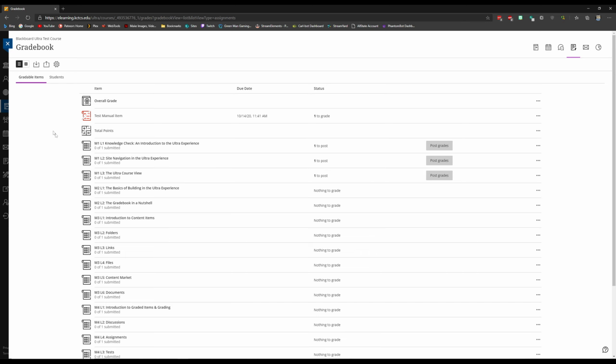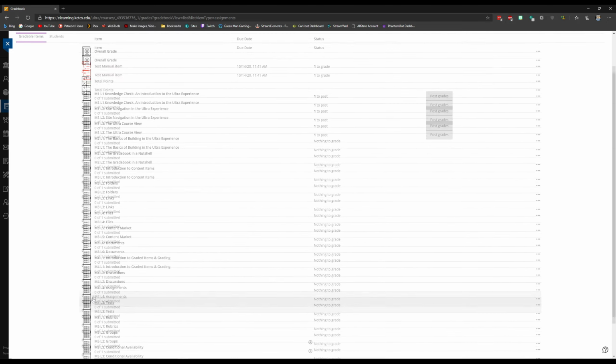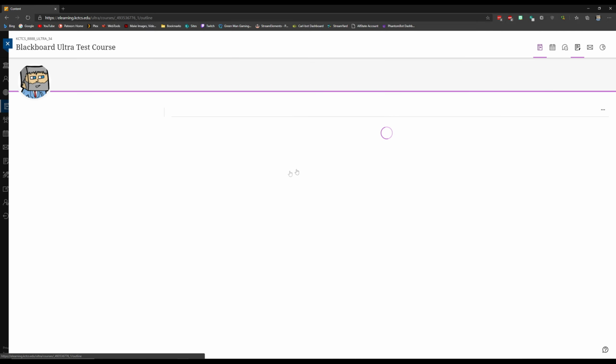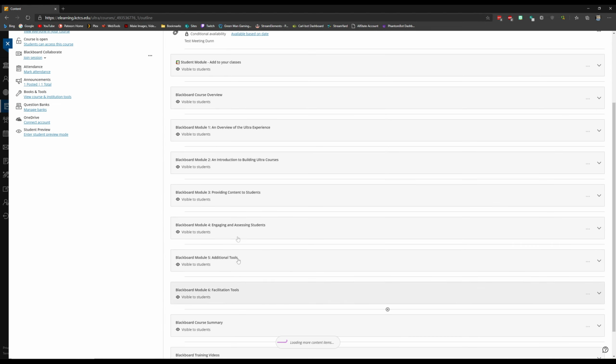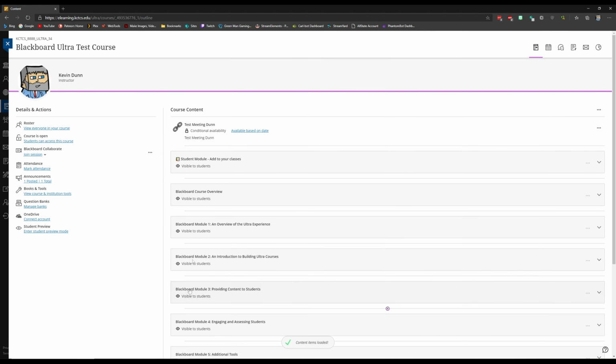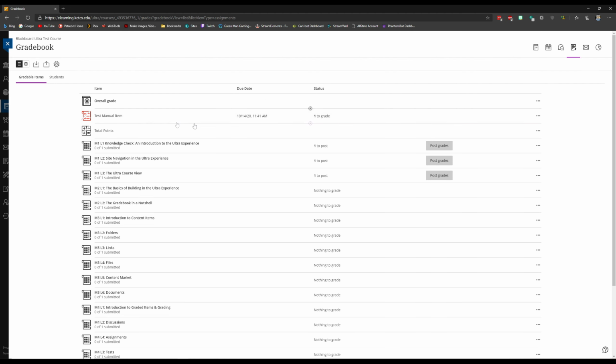One other thing you need to do is add items to the gradebook manually. So these are all automatic assignments that are all attached to the content area. Every one of these content areas has a module and a quiz. If you had something like, so you're in nursing, if you had something like one of their clinicals, if you've got grades for their clinicals or whatever, if you hit the plus sign right here, kind of go between an item and add an item,